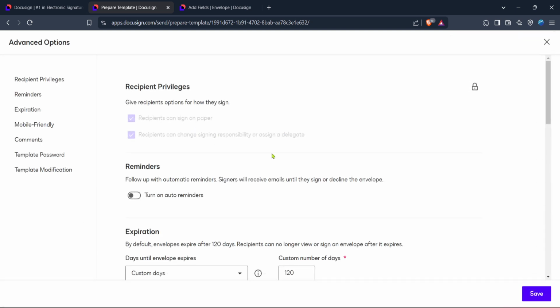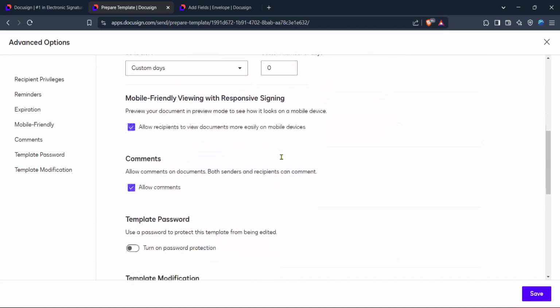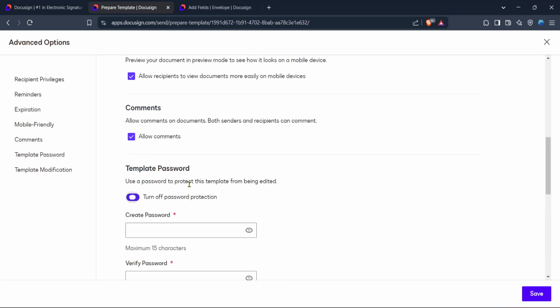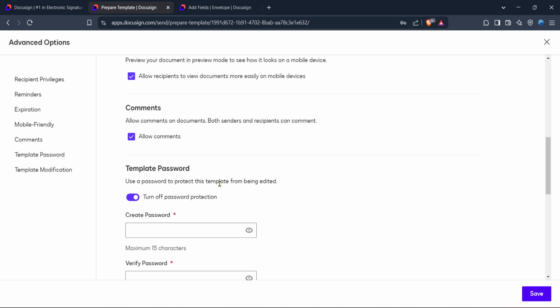Finally, we arrive at the crucial step of locking your envelope. To secure your template with a password, you need to find and click on Template Password. By setting a password, you ensure that only individuals who possess this password can access and modify the envelope, adding an extra layer of protection to your document. And that's it! By following these steps, you have successfully locked your envelope in Docusign, ensuring your documents are secure